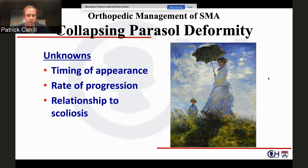When does this first appear? What pattern does it take? What are the rates of progression? How do we even quantify this deformity? And does it precede or come after scoliosis? And what impact does it have on pulmonary function? And all of these questions lead to, when should we, or should we at all, intervene on this specific aspect